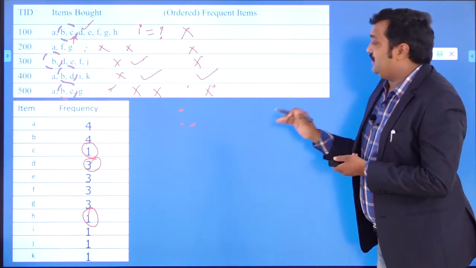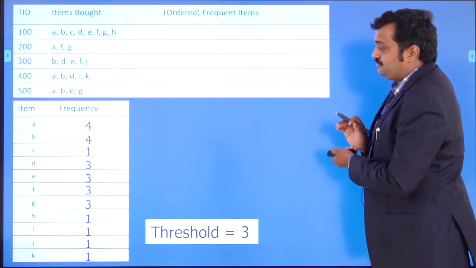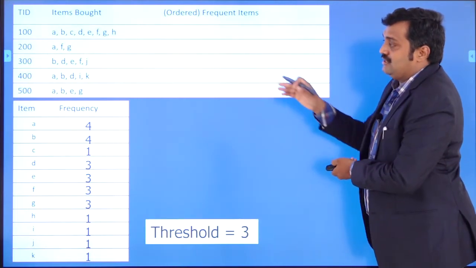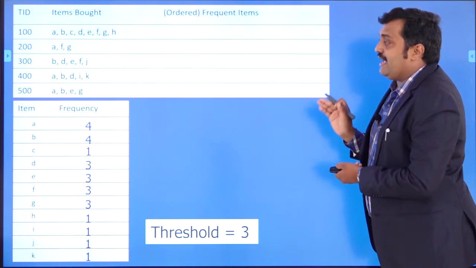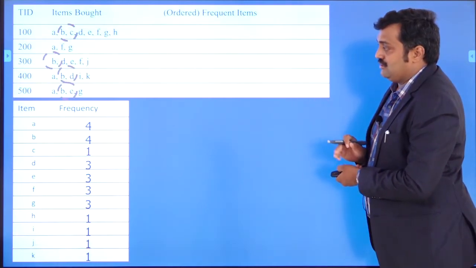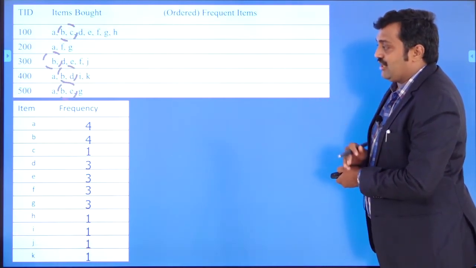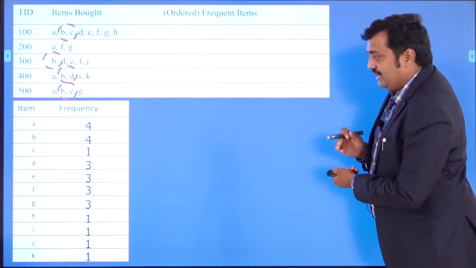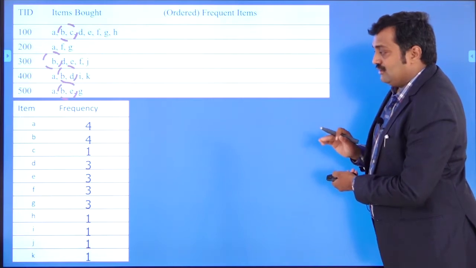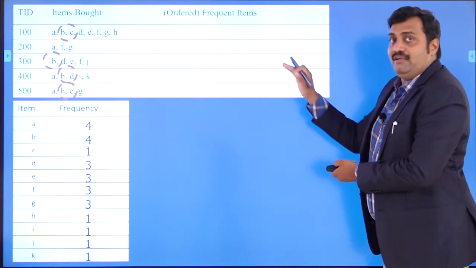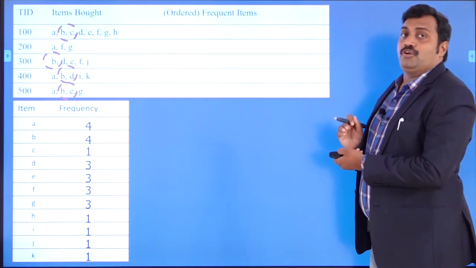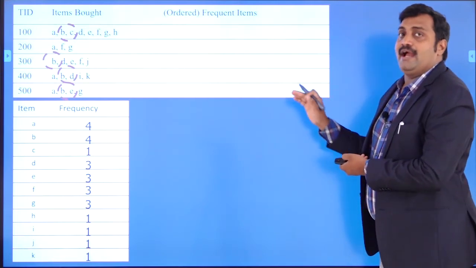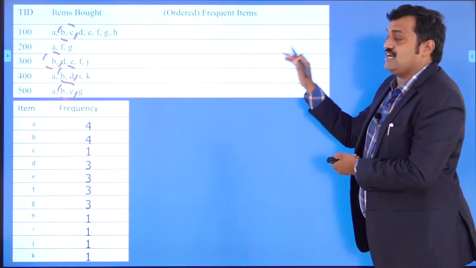Based on that, I got the final frequencies: A occurred 4 times, B 4 times, C 1 time, D 3, E 3, F 3, G 3, H 1, I 1, J 1, K 1. Like that, I got the support count of each and every item in our transaction database.